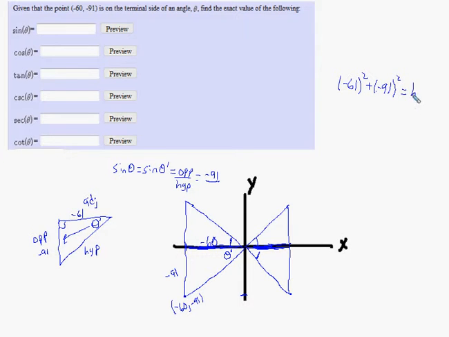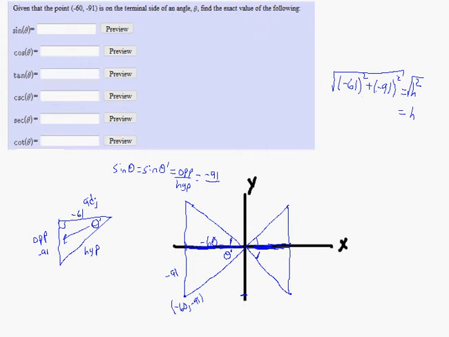Let me just use h for the hypotenuse. I have this squared plus this squared equals the hypotenuse squared. So to find the hypotenuse, I'd have to solve for h, which means I'd have to take the square root of both sides. If I take the square root of the right-hand side, I'm just left with h, but I have to take the square root of the left-hand side, and I'm not a human calculator,